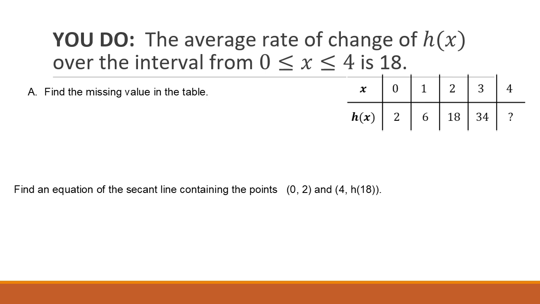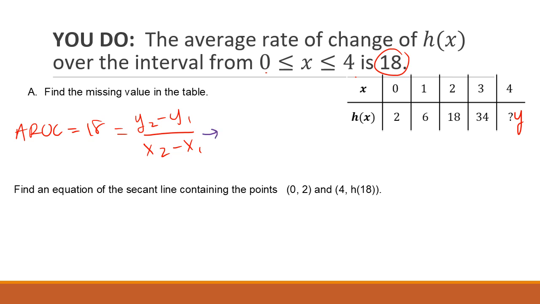here is your turn to try and to practice, but it starts off with you finding the missing value in the table. So helping you set up, if I'm finding the missing value, this is my unknown y. I have no clue what this y is, but I do know that I'm going from 0 to 4, okay? And it tells me that my average rate of change is 18. So I know that AROC equals 18, and 18 equals my y2 minus y1 divided by x2 minus x1. So knowing that, I plug in what I have, right? So if I'm looking from 0 to 4,